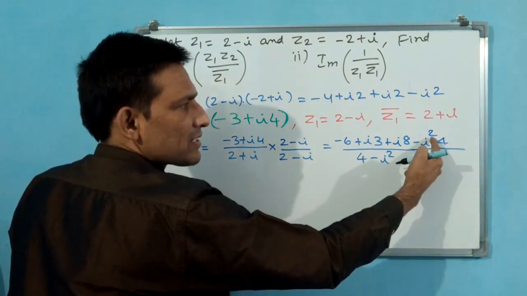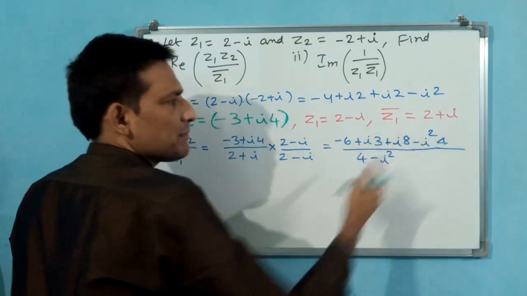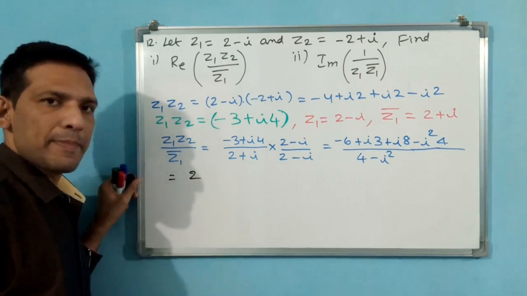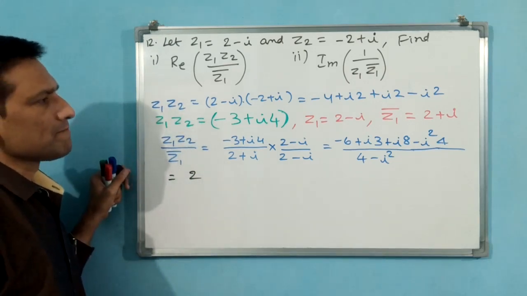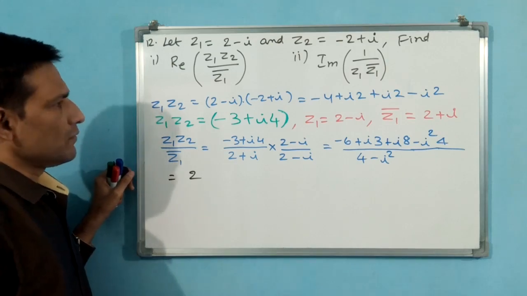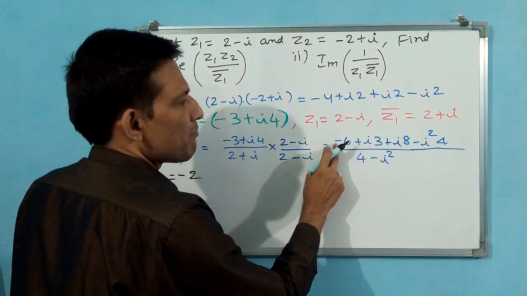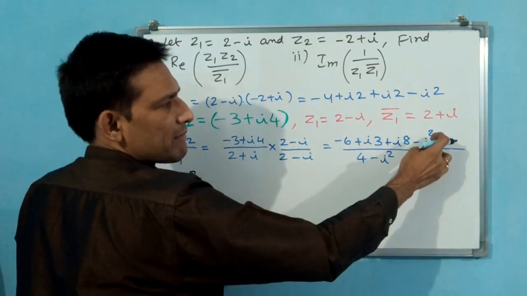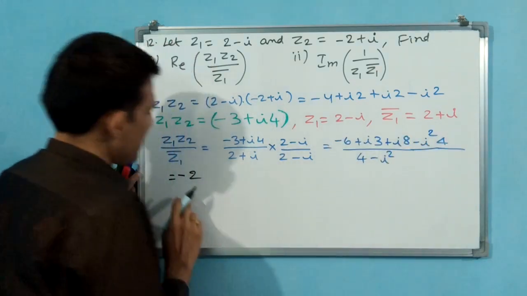That is equal to, i square value is minus 1. Minus of minus plus, plus 4. Minus 6 plus 4, plus 2. Write down plus 2. Is it okay? Okay. Oh, minus 6 plus 4 is minus 2. Oh, I had forgotten, 6 is bigger. Minus 6 plus 4. i square is minus 1, minus of minus plus 4. Minus 6 plus 4 minus 2.